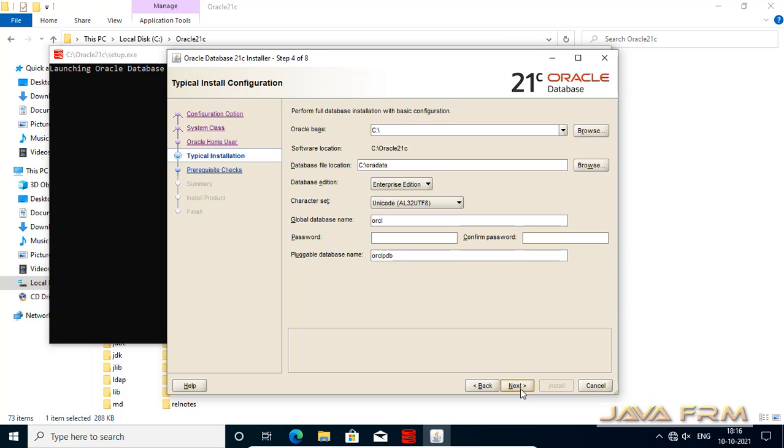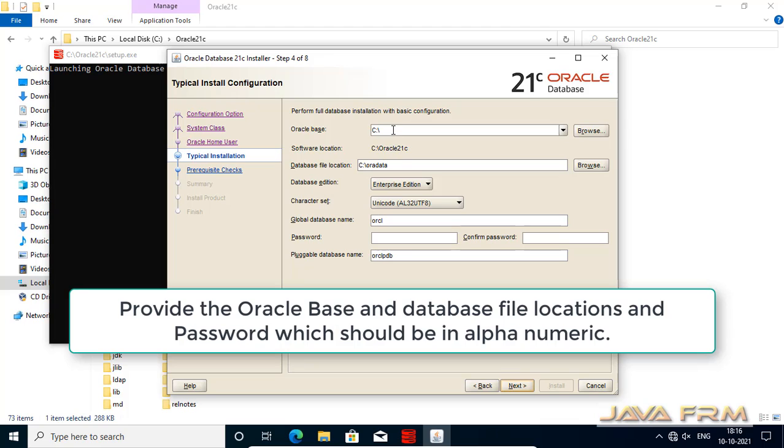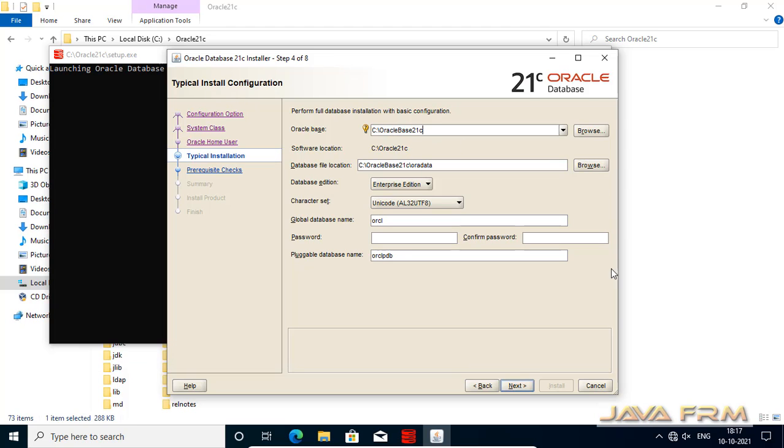Yes, so here provide the path for Oracle base. You can select the character set, and the database edition can also be set. I have given the folder name as Oracle base 21C.